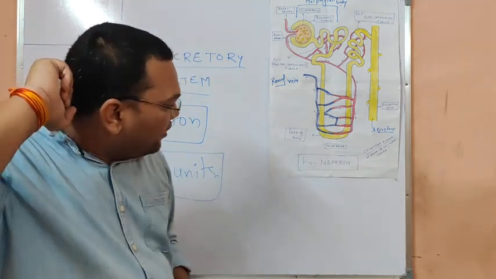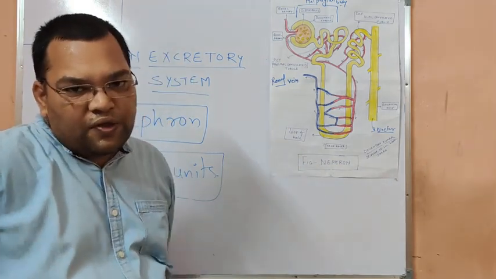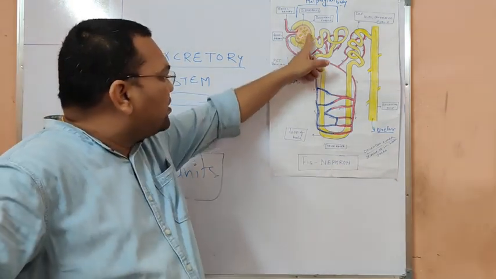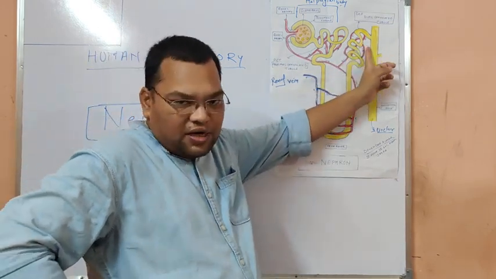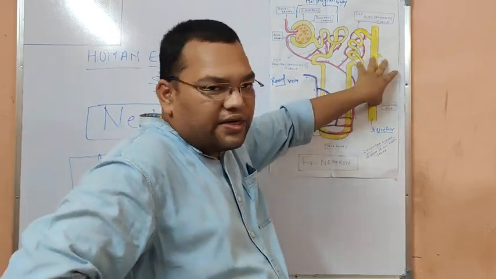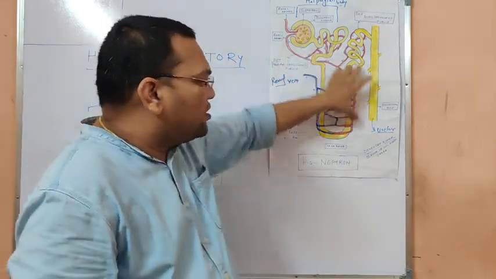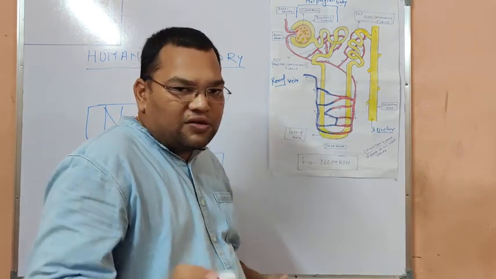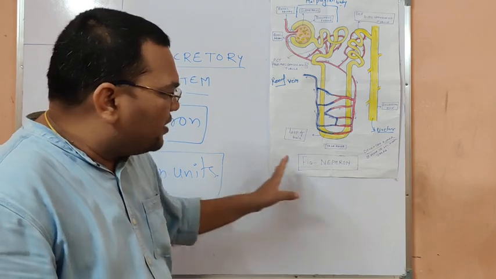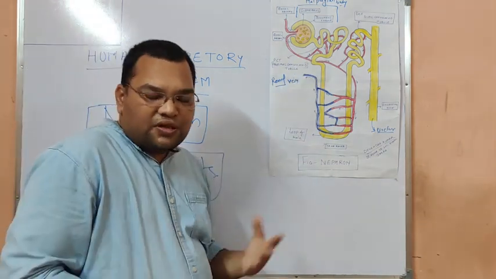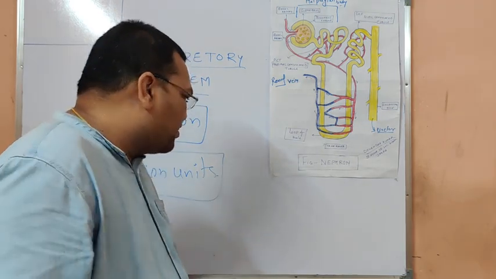Okay. Now this is the function of the nephron. Filtration occurs here. In the tubular part, the reabsorption is there, and then the collecting duct. What is the role of this collecting duct? It collects the urine, it collects the filtrate from all the nephrons which are attached here. It collects from all the nephrons and passes it to the ureter. I think this much is good enough for you for your upcoming exams or the 10th class.